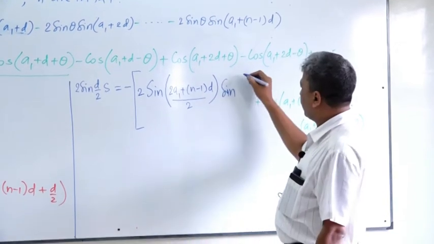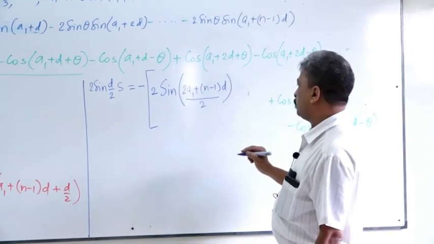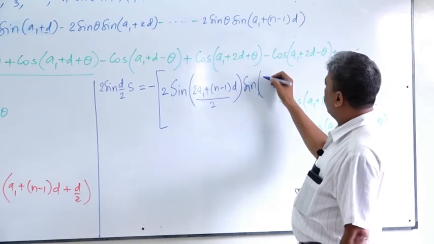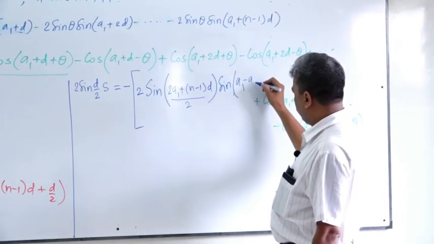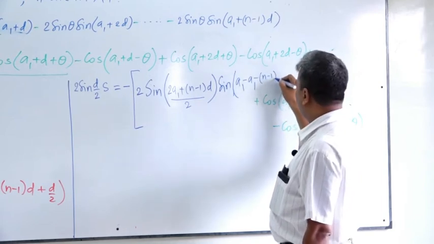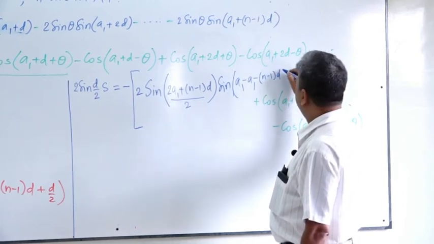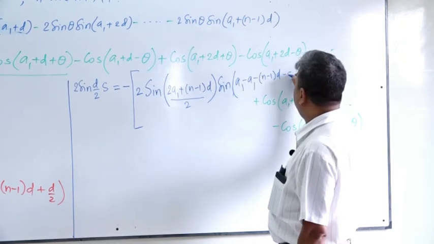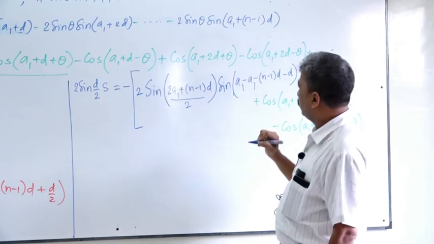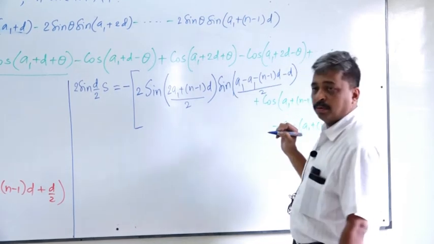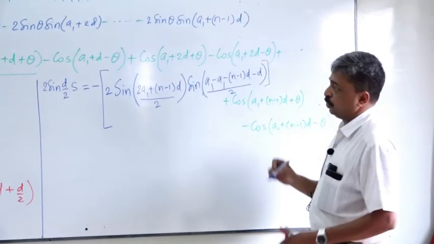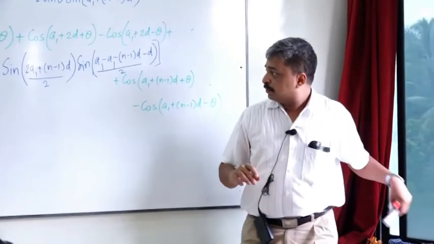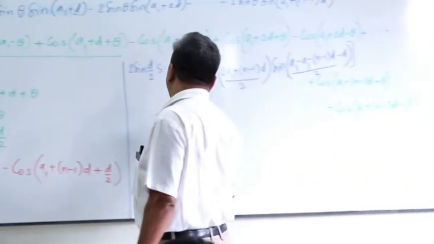Correct. What will come in the bracket? Where do I write it now? Sine a1 minus a1 minus n minus 1 d minus d by 2 and minus d by 2 minus d, correct, and the whole divided by 2, bracket closed. This is what I am getting. Let us further simplify it, which is equal to